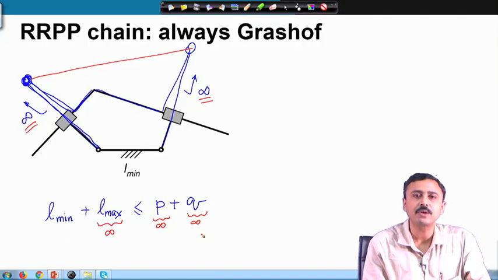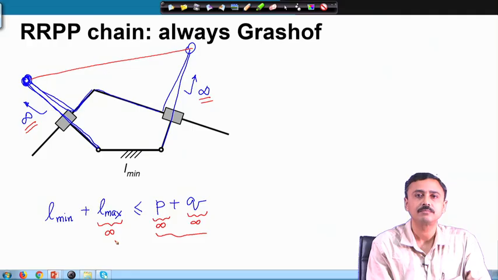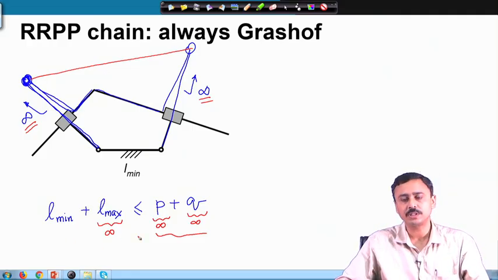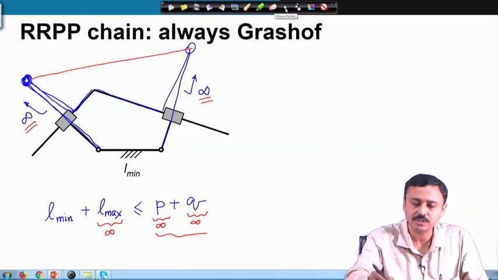Then that always satisfies the Grashof criterion. Why? Because there are 2 infinities sitting on the right, and here there is an L min plus infinity. Therefore, the left hand side will always be smaller than the right hand side. Therefore, this RRPP chain is always a Grashof chain,